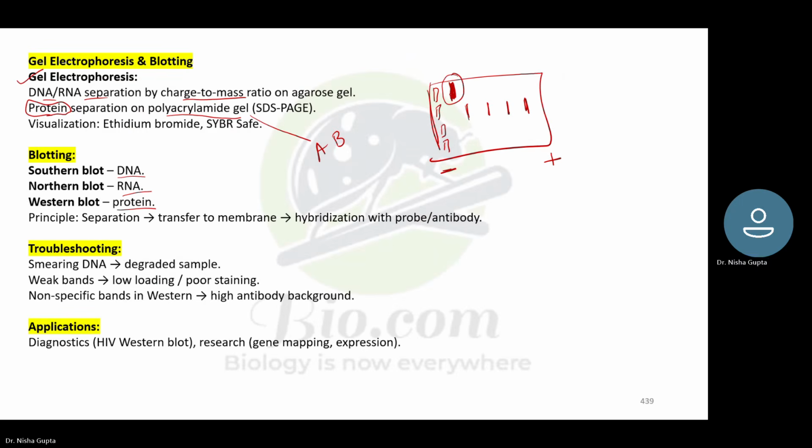So what is the troubleshooting part here? If you are getting smeared DNA, then you have degraded your sample. If you are getting weak bands, you can have low loading concentration. इसका मतलब ये है कि DNA का concentration low है, you need to load more. या फिर properly आपके loading dye काम नहीं कर रहे हैं, और non-specific banding मिल रहा है, मतलब आपका